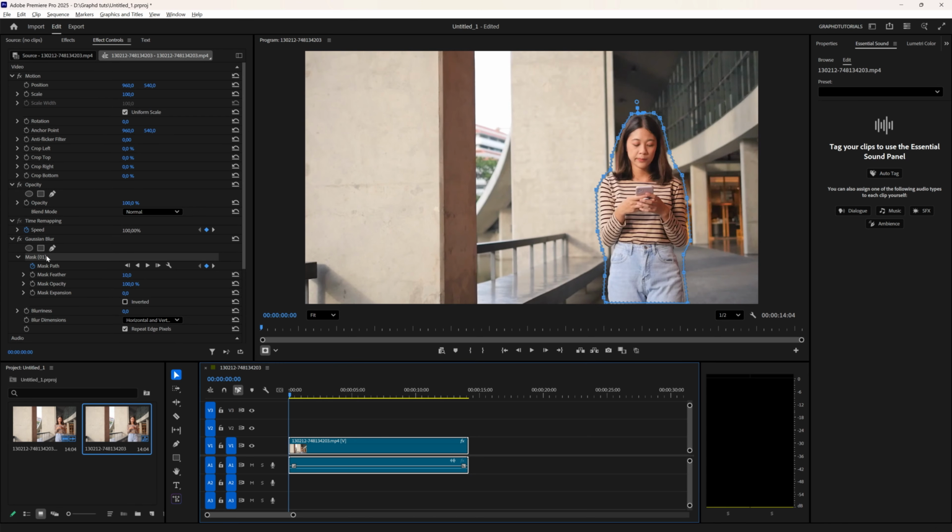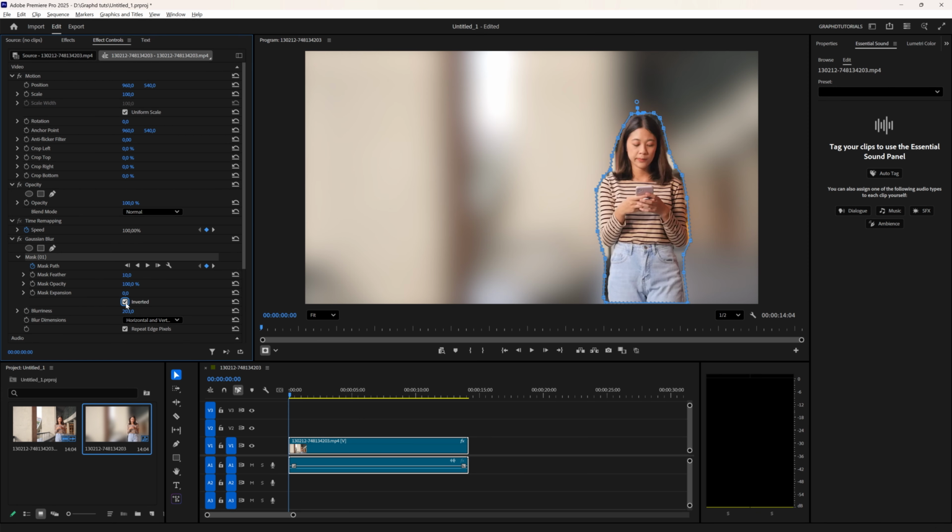Here in the Effect Controls we have the blurriness. I'm going to increase that blurriness, but as you can see it's now blurring out our subject. So I'm going to click this inverted icon here. So now we have our background which has been blurred, and then we're going to increase our feather to around